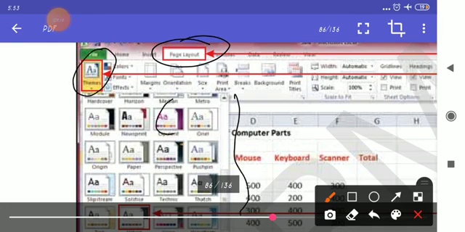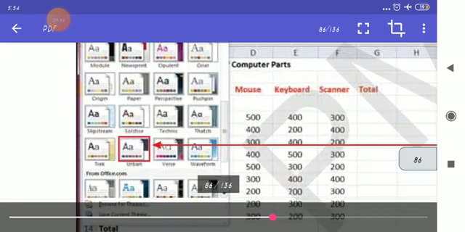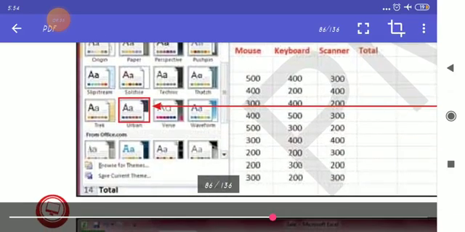If you click on this, your workbook changes to this theme. As you select this one, it will change to this one. So the color also and the text also, as well as the effect will change in your workbook. You will see different themes are given.